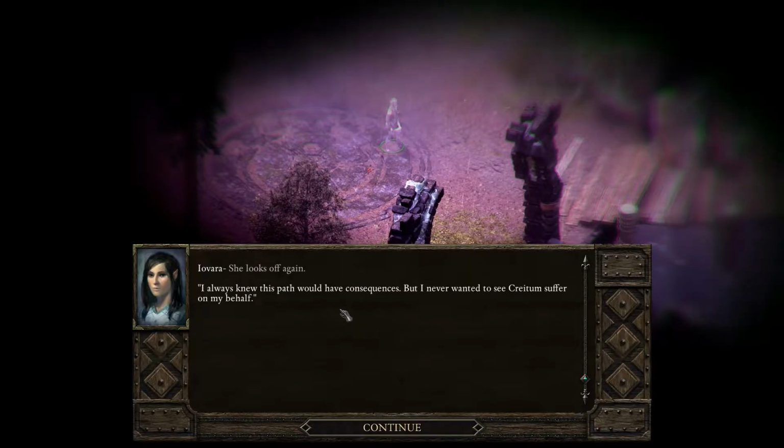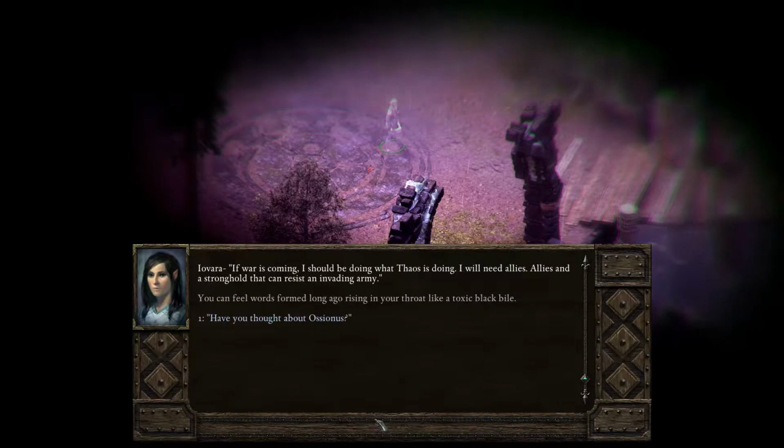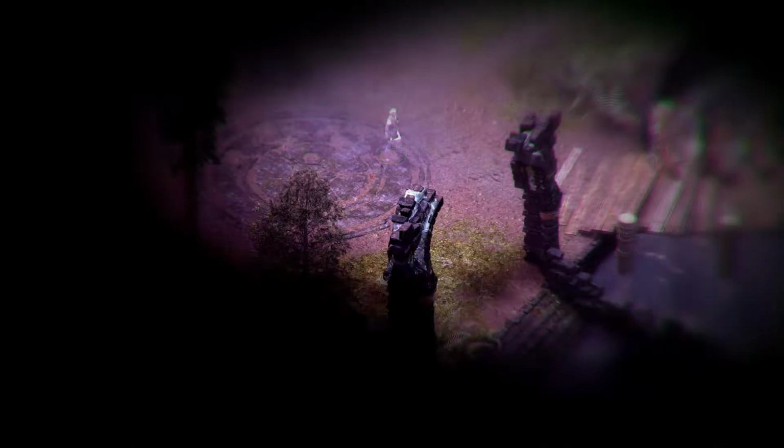I always knew this path would have consequences, but I never wanted to see Kratom suffer on my behalf. I don't think I can stay here any longer. I am told the Inquisition... If war is coming, I should be doing what Theos is doing. I will need allies. Osionis. They have held off...